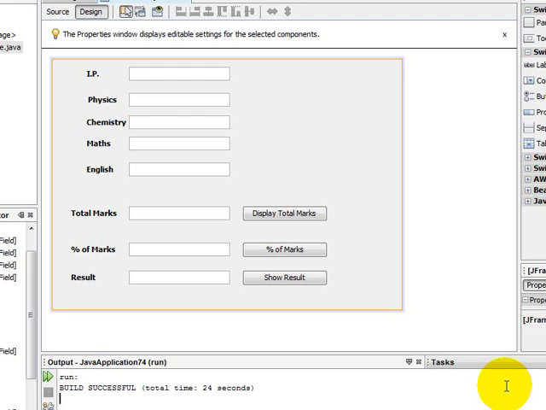In continuation to the discussion about Java methods, Java user-defined methods, we are going to design a Java program where we shall use more than one user-defined method. In this program, the user inputs the marks of the students in different subjects in the given